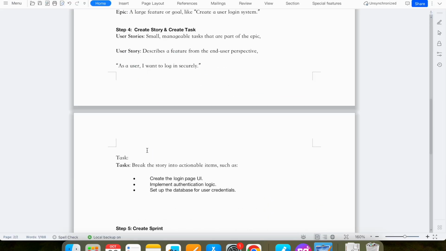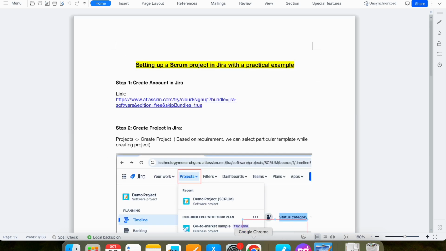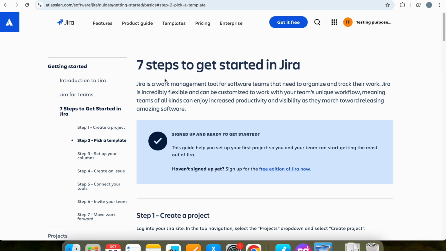So our basic idea here is to give you an understanding of the concept, how the tools are used in the Agile Scrum framework. Here our goal is to give you an understanding of how these project management tools are used in Agile. There are many other tools available in the market as well. So based on the organization that you are working in, you might be using a completely different tool. But the thing is, once you understand the concept that it is used for tracking and recording your project,